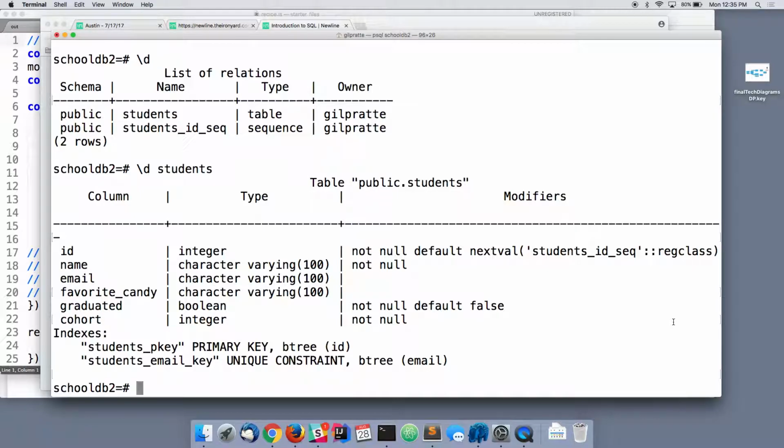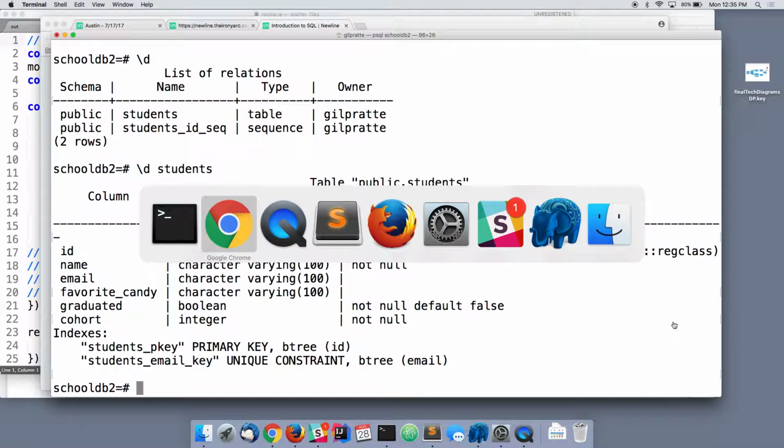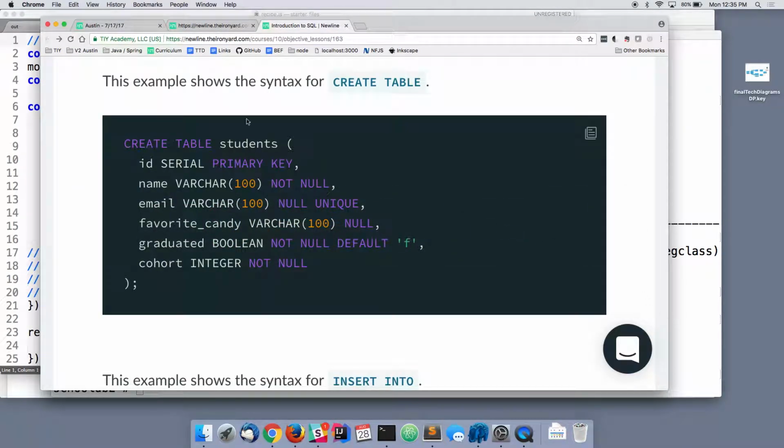For example, see this serial in Postgres? In MySQL, you say auto increment. Each database has its own little unique stuff, but they all adhere to the SQL query language,